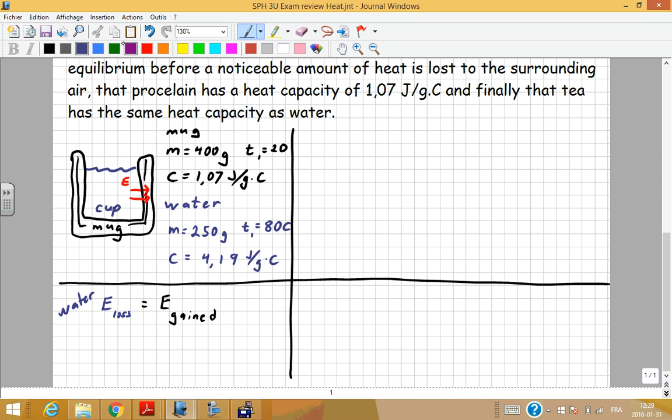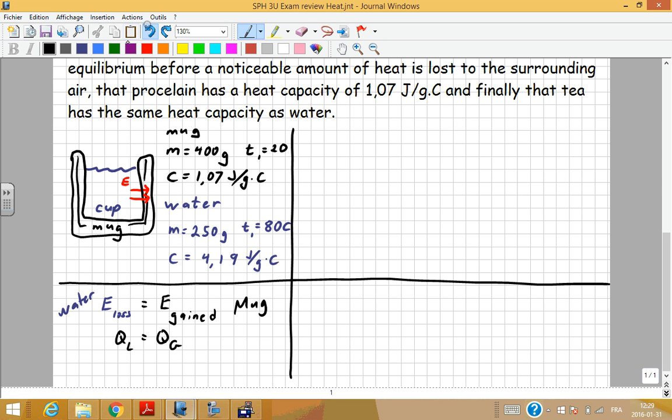On the right here we have the mug or the cup. Okay, so we already have a formula for energy. That's just Q equals mc delta T. But this is Q equals Q. So the Q lost equals the Q gained. So that's energy lost equals energy gained. So we have,